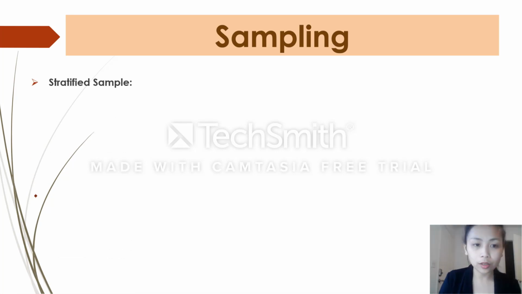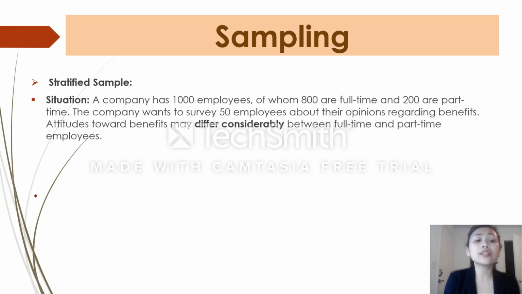Now we go to the third type of sampling, stratified sample. Here's a situation. A company has 10,000 employees, of whom 800 are full-time, 20 are part-time. The company wants to survey 50 employees about their opinions regarding benefits. Attitude toward benefits may differ considerably between full-time and part-time employees. So in this situation, assuming you are the investigator and you want to collect a sample of 50 employees, if you run a random sample,